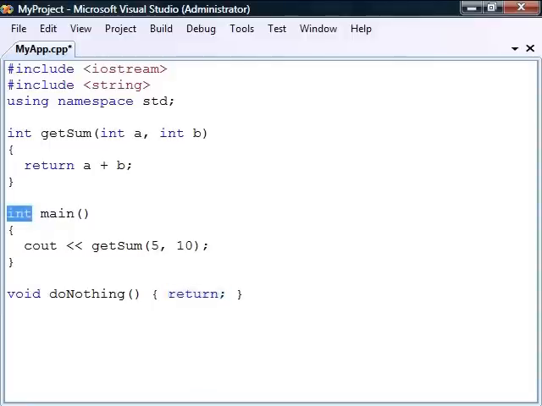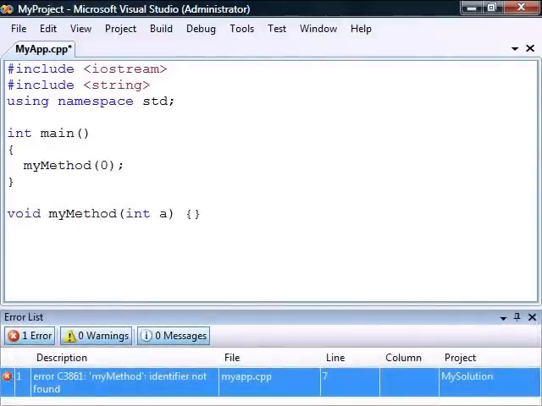Note that although the main method is set to return an integer type, we do not have to explicitly return any value. This is because the compiler will automatically add a return 0 statement to the end of the main method. An important thing to keep in mind in C++ is that functions must be declared before they can be